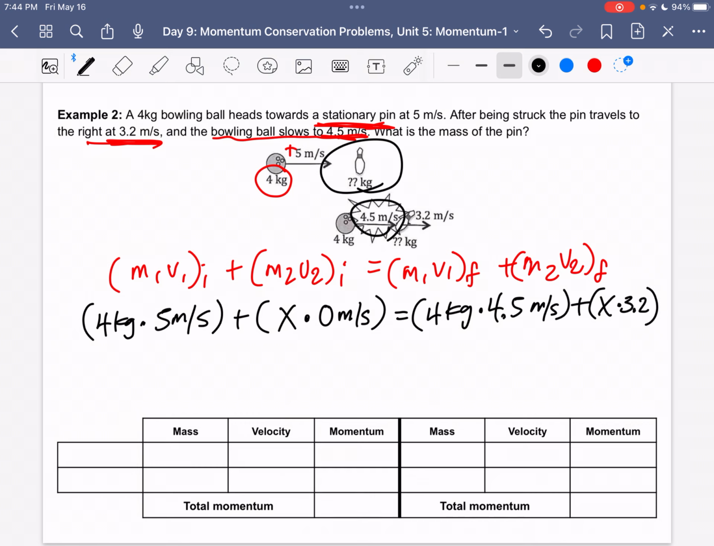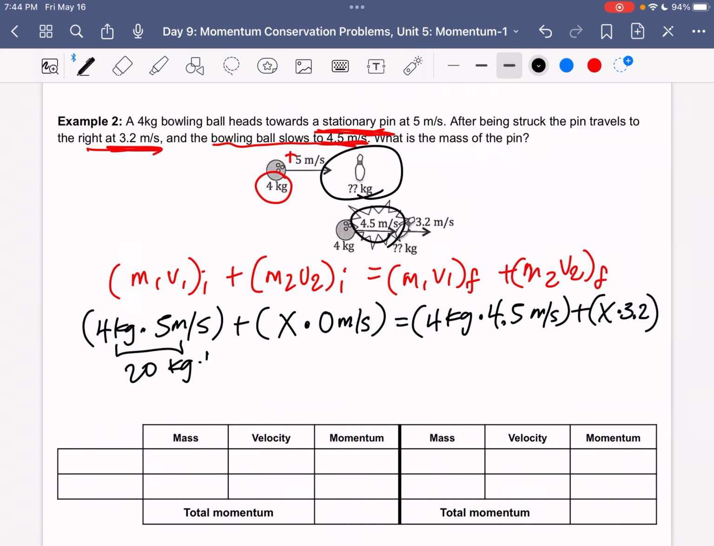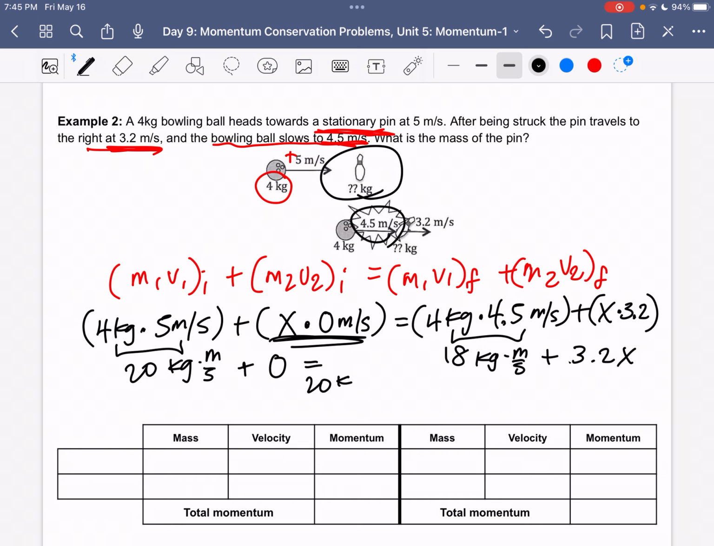So then 4 times 5, 20 kilograms times meters per second, plus anything times 0 is 0, equals 4 times 4.5, 18, plus x times 3.2, which you can also just write as 3.2x. Now 20 plus 0 is 20. So 20 equals 18